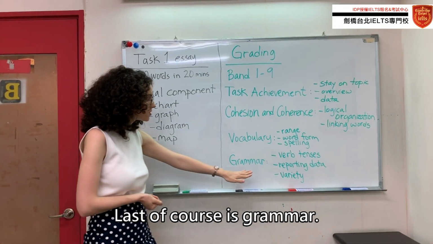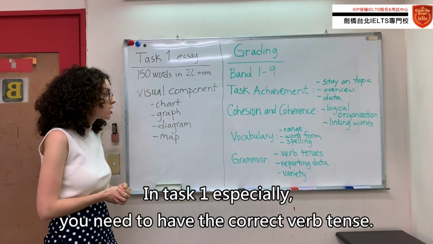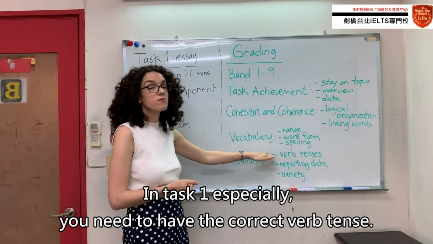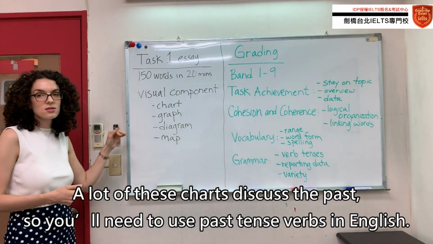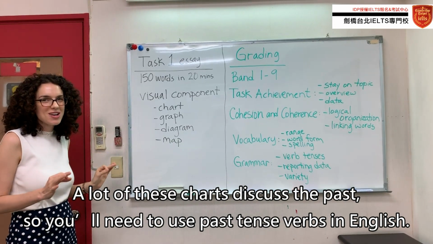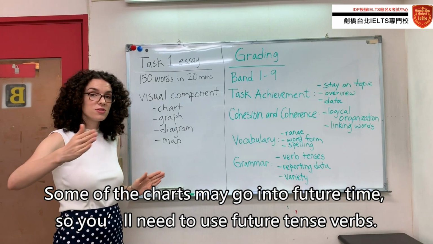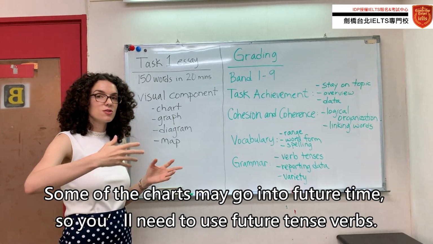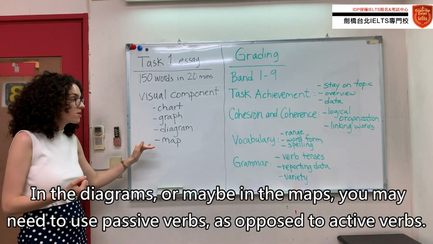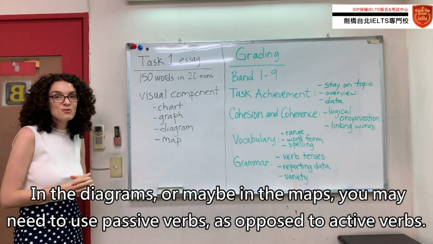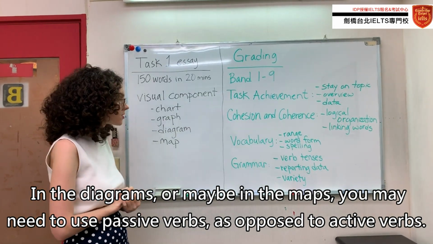And last, of course, is grammar. In part 1, or task 1 especially, you need to have the correct verb tense. Okay, a lot of these charts discuss the past, so you'll need to use past tense verbs in English. Some of the charts may go into a future time. You'll need to use future tense verbs. And in the diagrams, or maybe in the maps, you may need to use passive verbs as opposed to active verbs. So the verbs are very